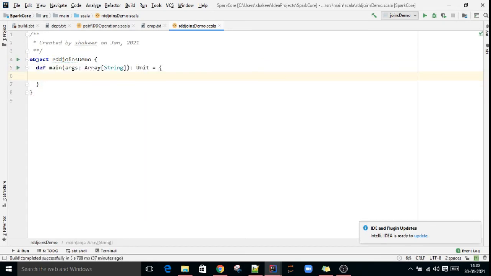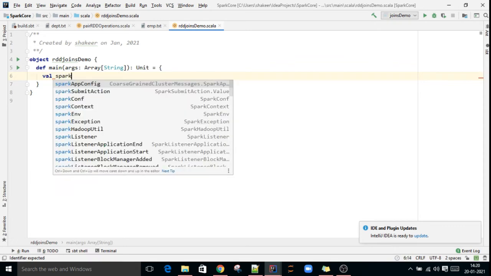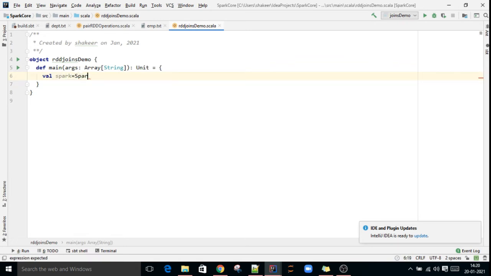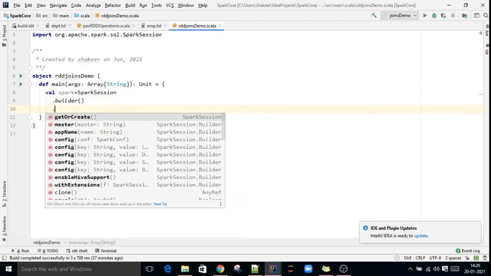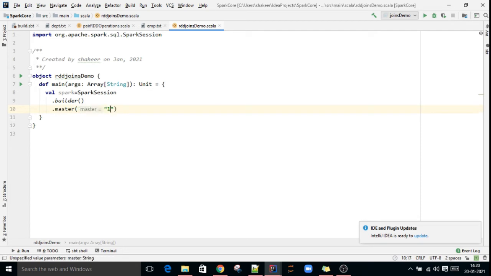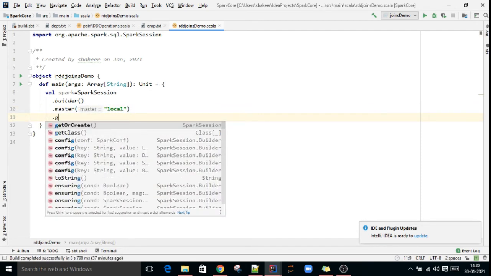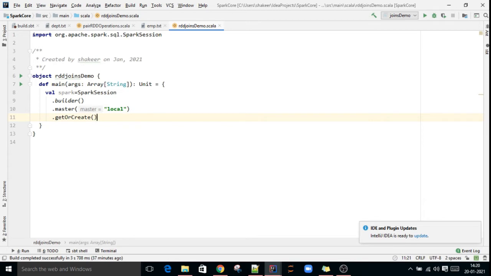Creating the main function, creating the Spark session. These are the steps for every program.